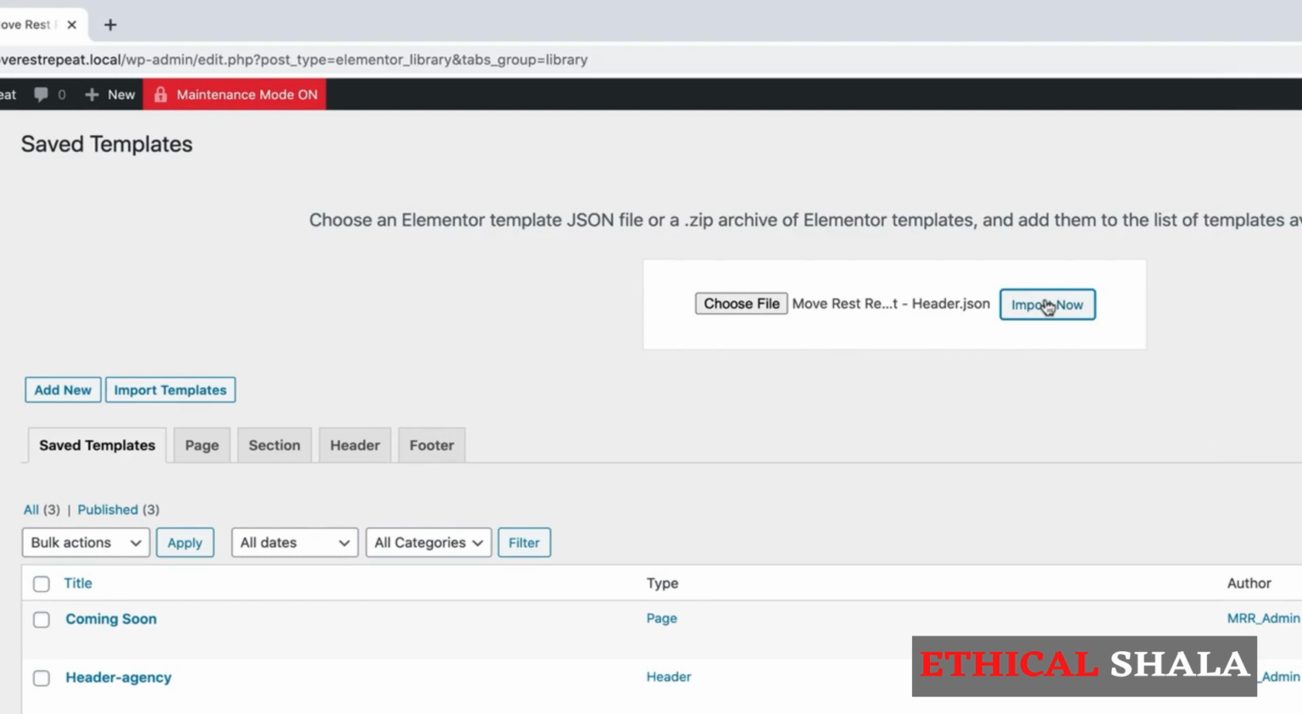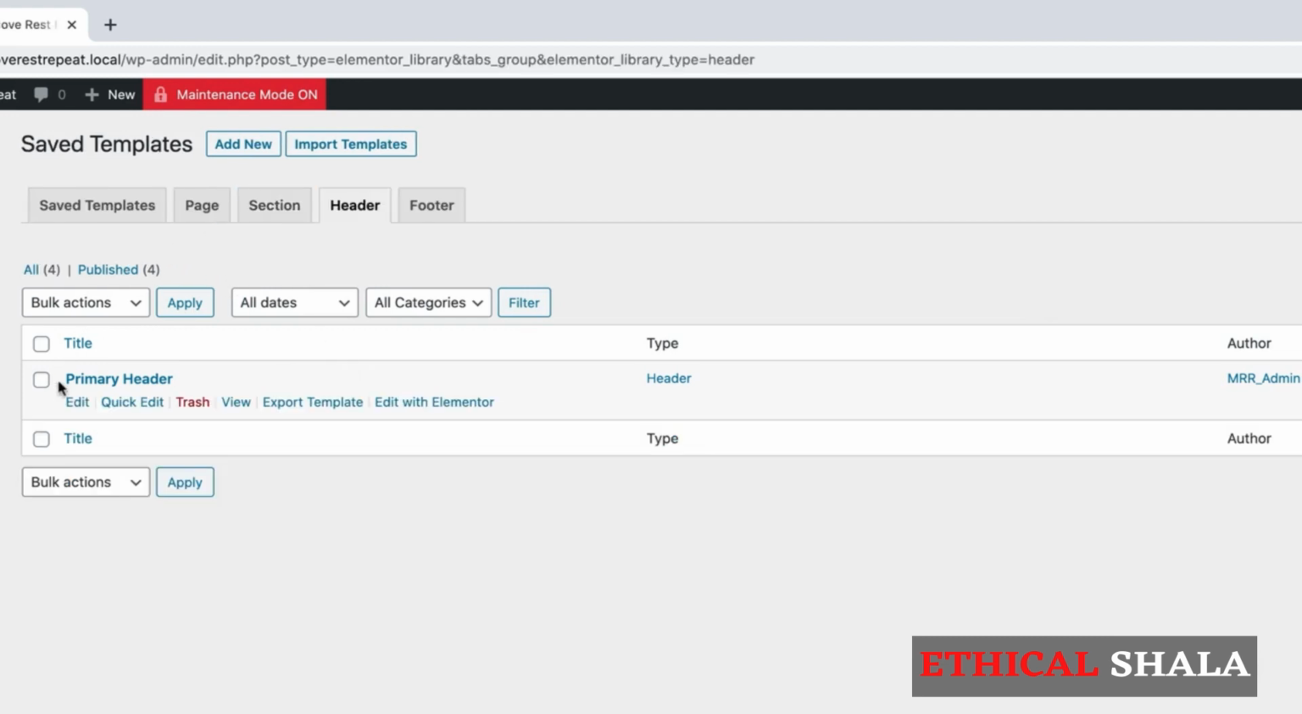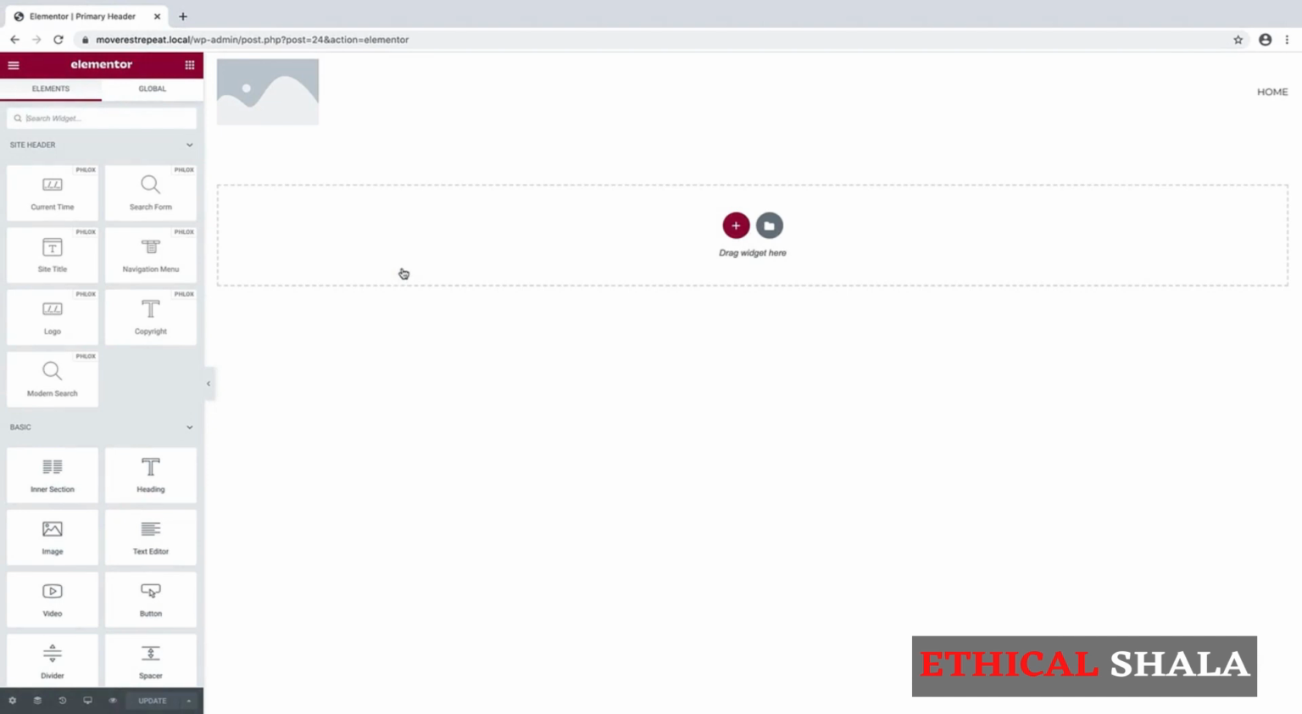So it's importing that JSON template right now, and there it is. It's called primary header. It'll also be over here under the header tab as well if we click that. So now we've imported the template that I created earlier for this course, and now we can edit it with Elementor. So let's click this here. Great, now it looks pretty basic, but we'll get things customized and you'll see it come to life here in